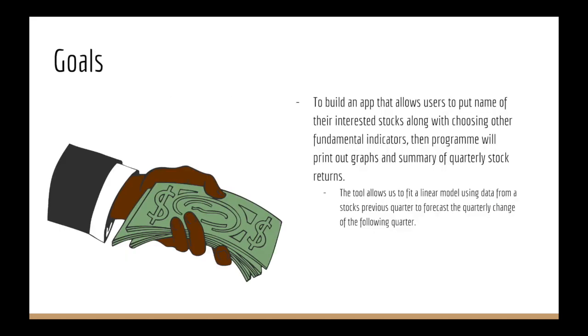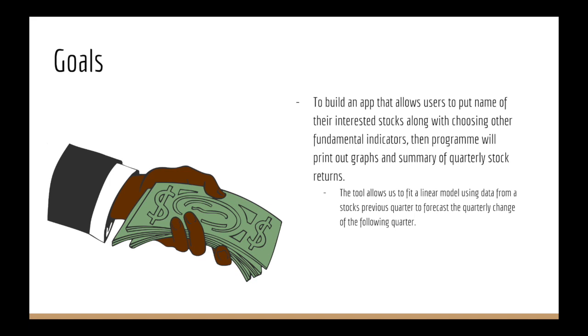Our goal for this project is to build an app that allows its user to enter the name of their interested stocks along with choosing other fundamental indicators. Then the user can print out graphs and summaries of the quarterly stock returns. The tool allows us to fit a linear model using data from a stock's previous quarter and forecast the change